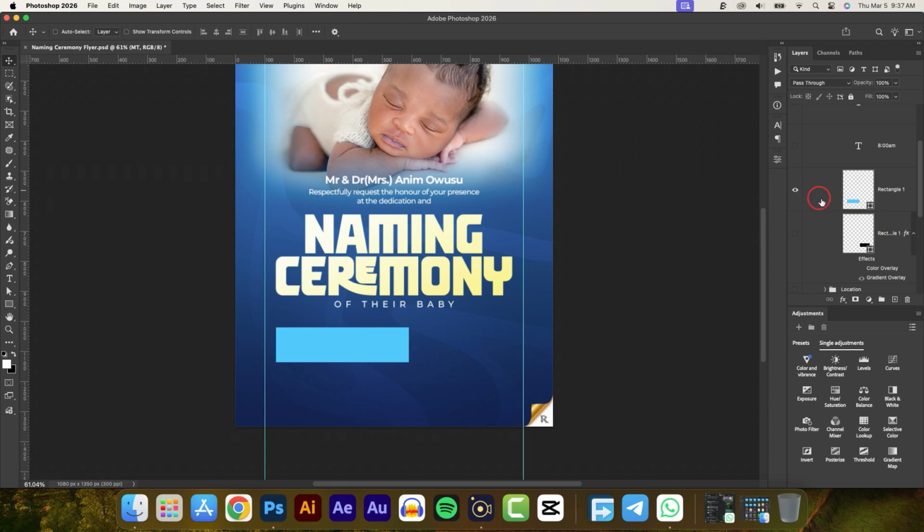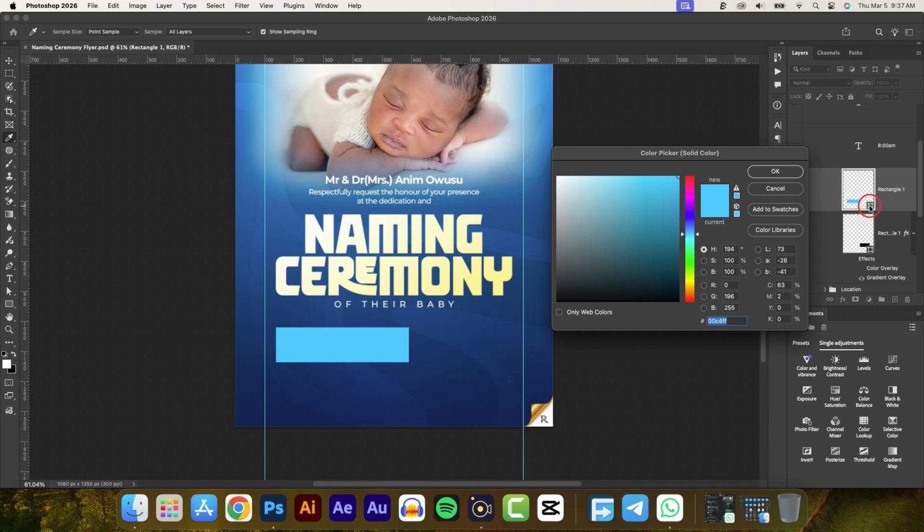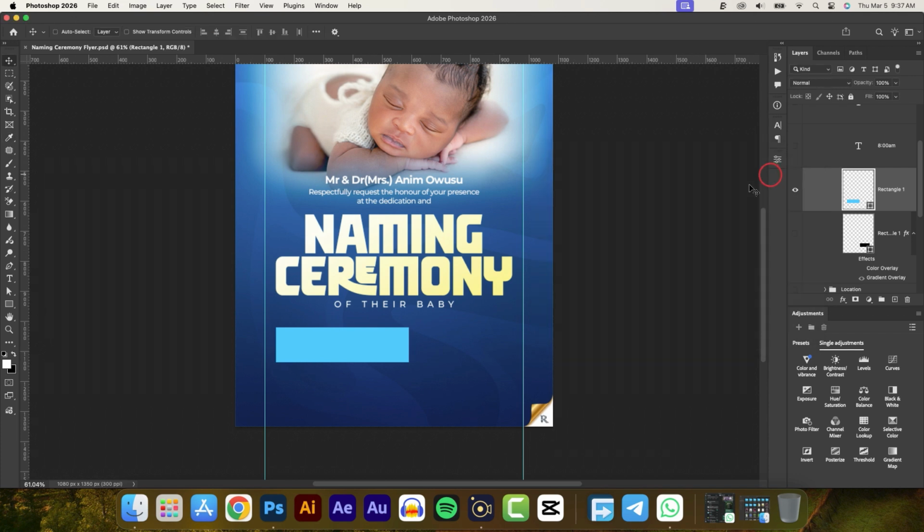So I added this rectangle and then I changed its color to blue. So let me show you the color code. The color code is 00C4FF. So that's the color code for the left rectangle, and then I duplicated the rectangle,